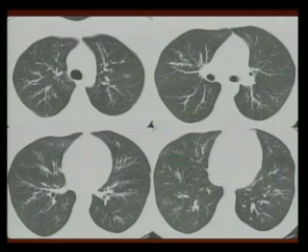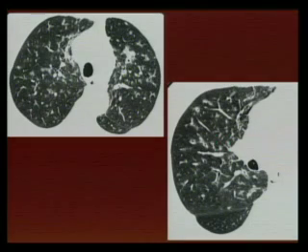Here we have one case of a patient with infectious bronchiectasis. You can see that there is a dilatation of the bronchi, and also thickening of the bronchial wall. And in these two other cases, we can see the branching opacities with centrilobular nodules and dilatation of the bronchi